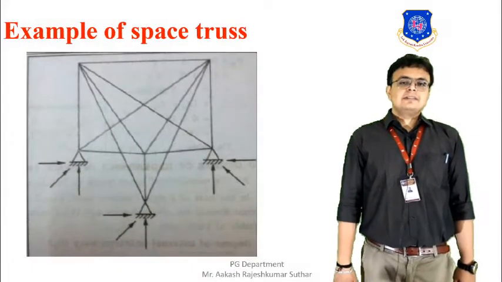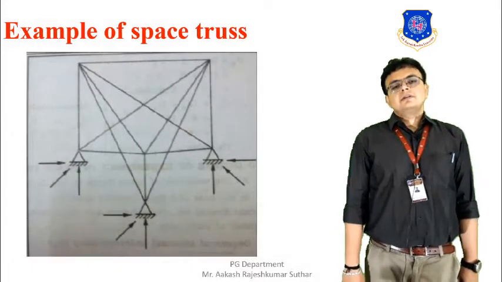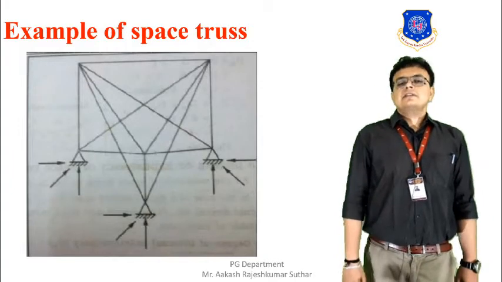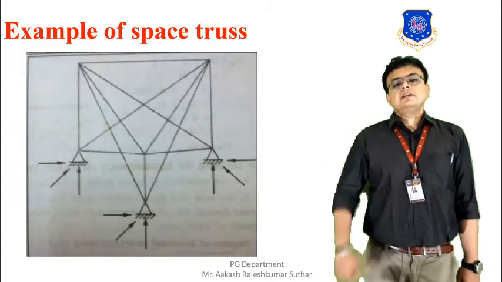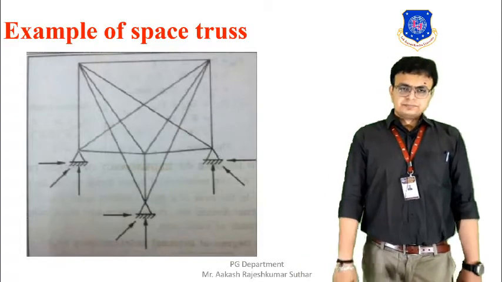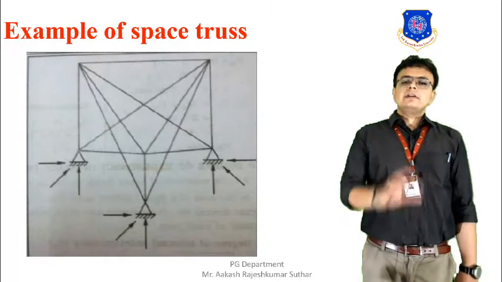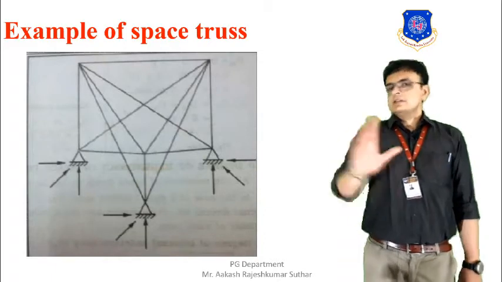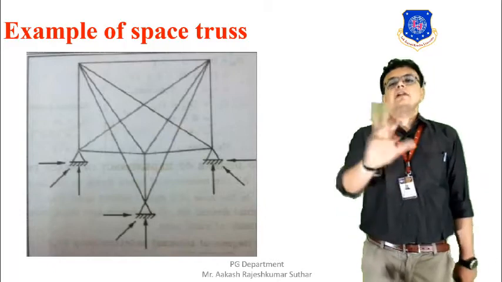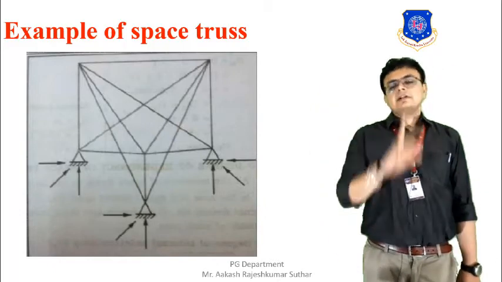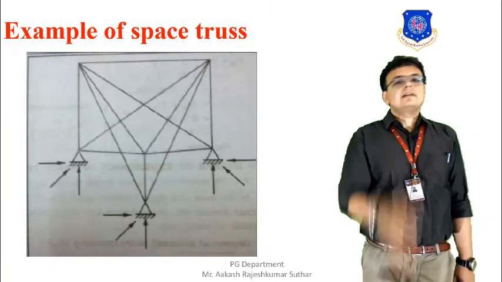In the previous session, we discussed a lot regarding the space truss. Now, in this session, let's discuss an example. You can see over here, a space truss is there. All the joints will be rigid joints, and the members will be spanning in all three directions, that is in the x direction, which is horizontal, in the vertical y direction, and in the parallel z direction.